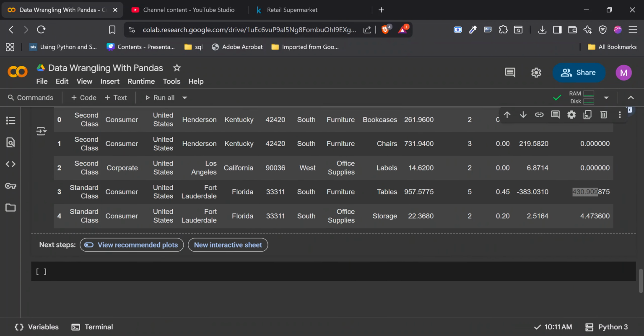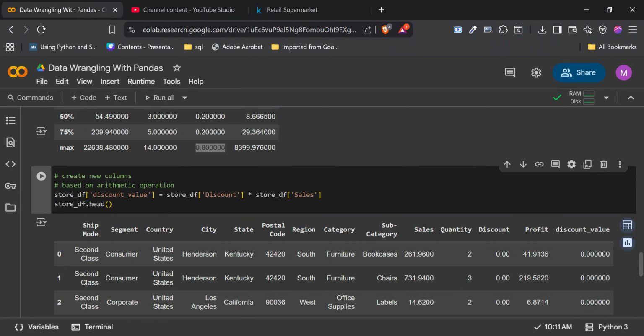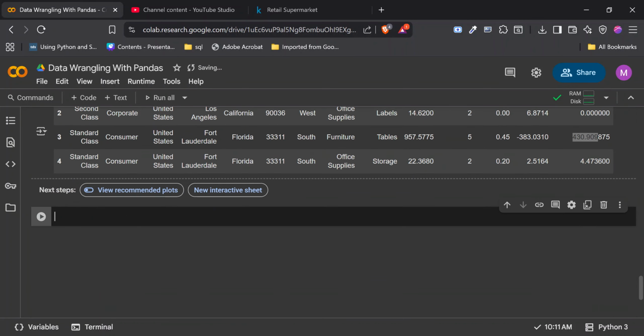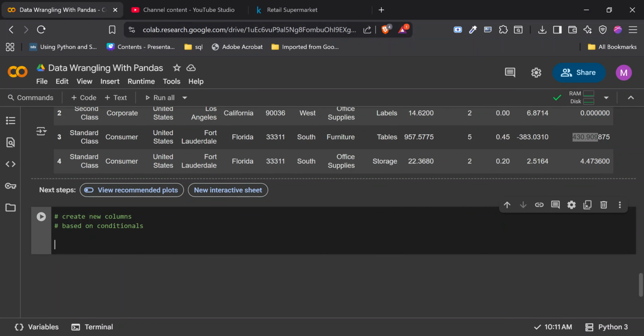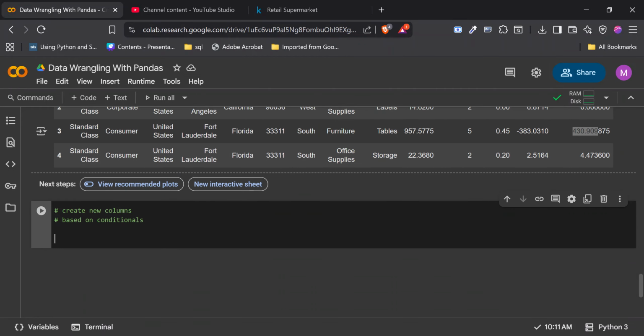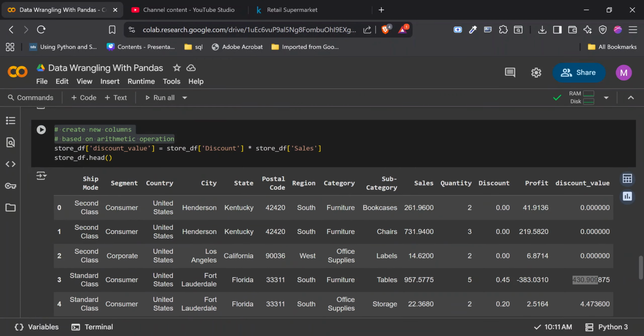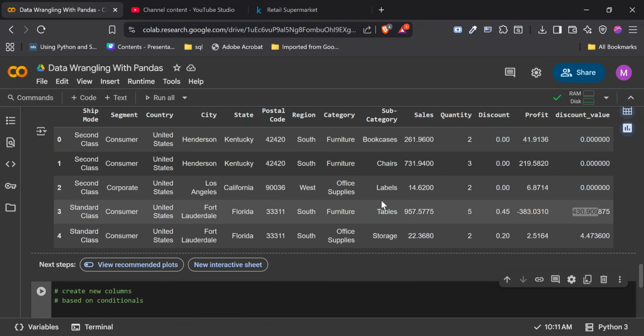You can do addition, subtraction, multiplication, whatever thing you can do. So let's look at creating a new column based on conditionals. So how does that work? Let's say we want to see